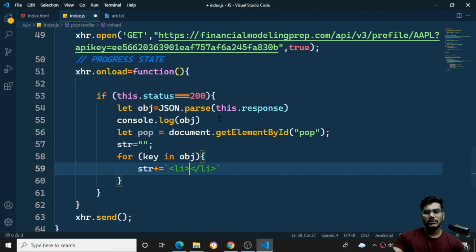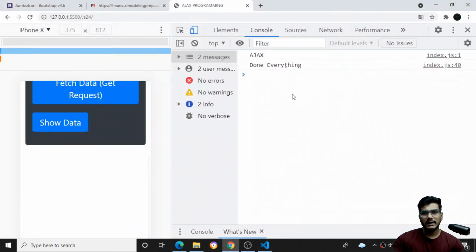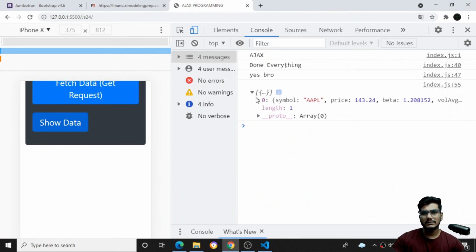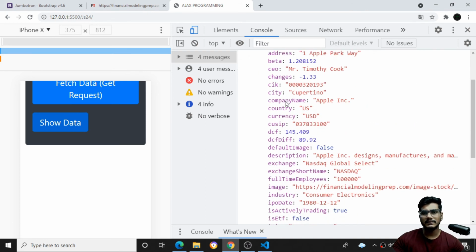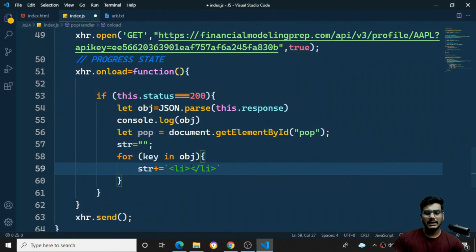First, I want to get what are the things we have here. You can see if I click on the show data, I have the things over here. If I open this one, it has the particular changes, address, and a number of things. First I want to get the company name, so I'll use the dollar symbol here. How is this particular company name coming?